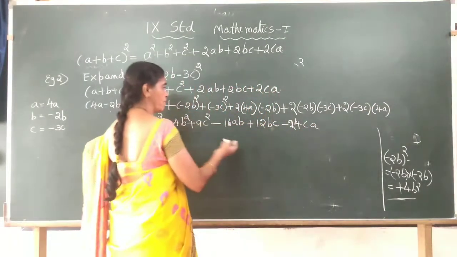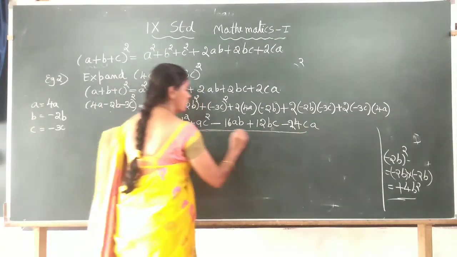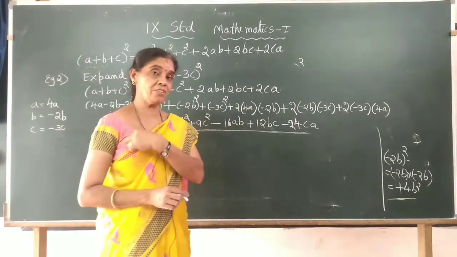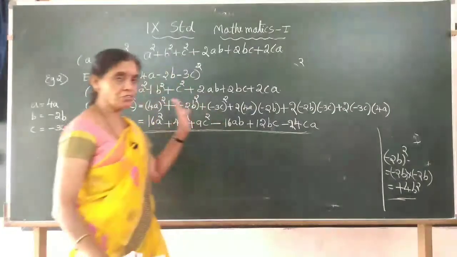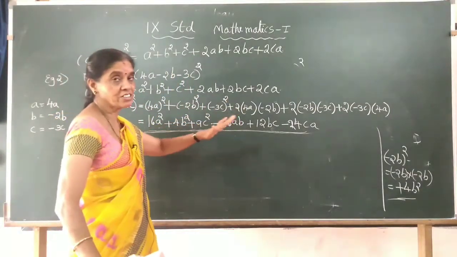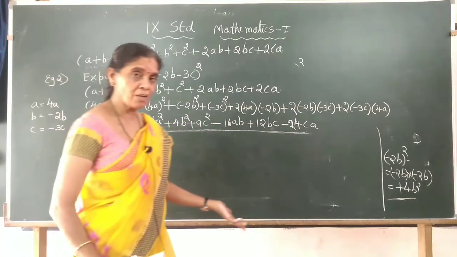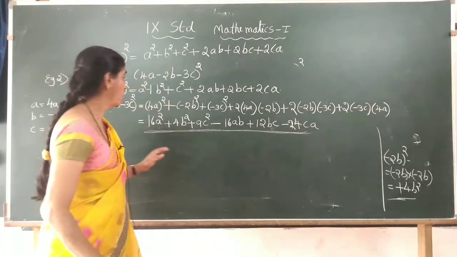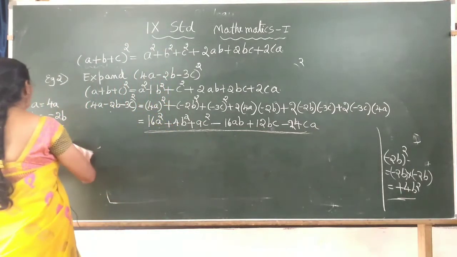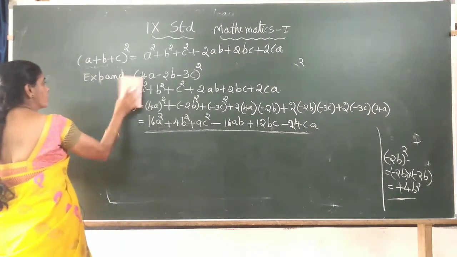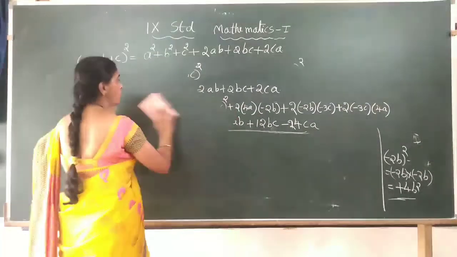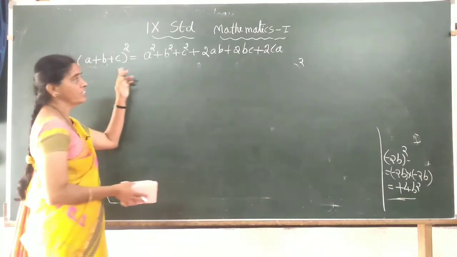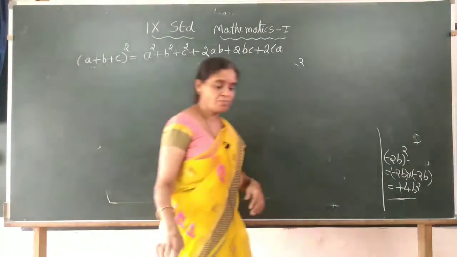As I said, they are all different terms. We cannot do any further simplification. Keep it as it is. So this is the final answer. Only two steps, but be careful while writing the sign. Negative sign you have to take, and while multiplying you have to use the correct rule. Minus into minus, plus will come. Plus into minus, if they have different signs, the product will always be minus. I hope you understood it a little better now. We solved two problems. So you can take any numbers at home. You can practice by taking different numbers in place of A, B, C and squaring using the identity. Okay.